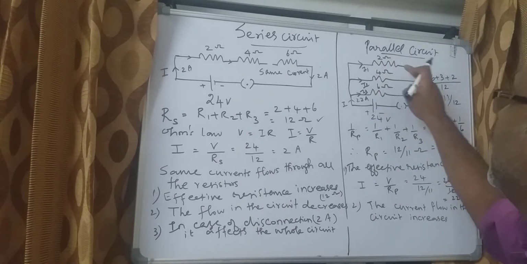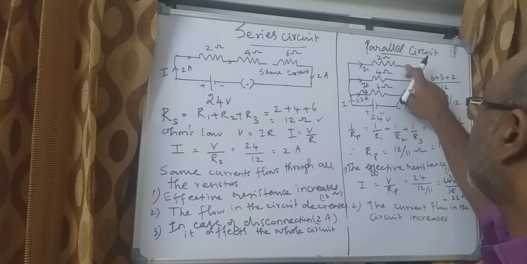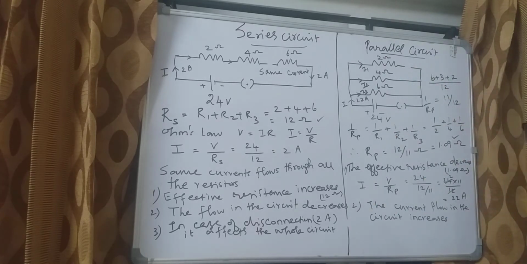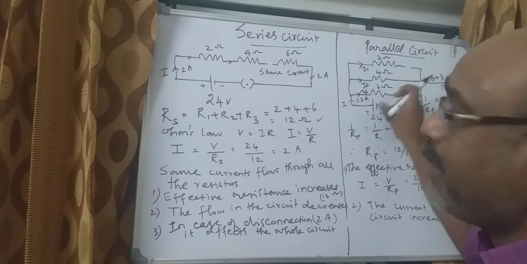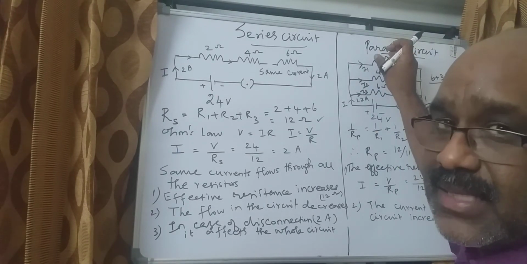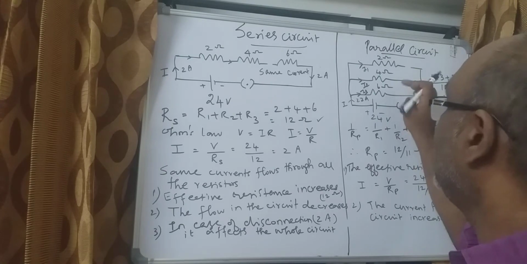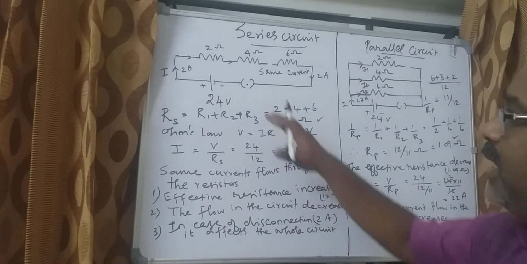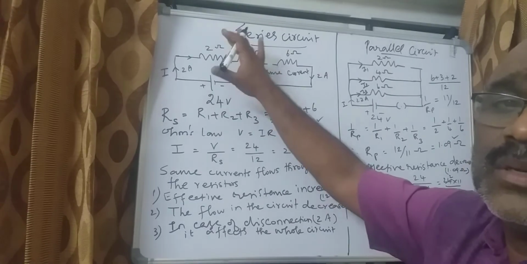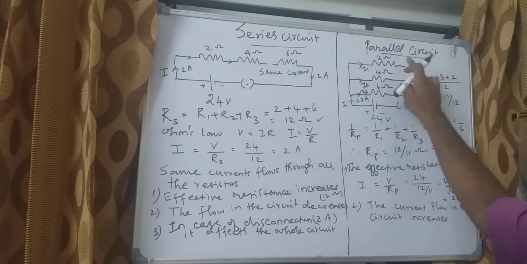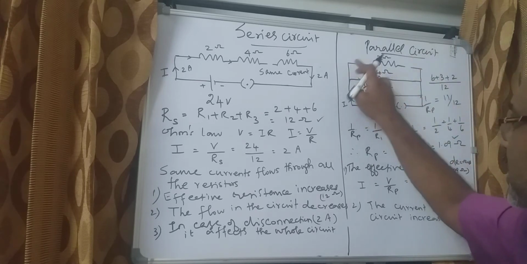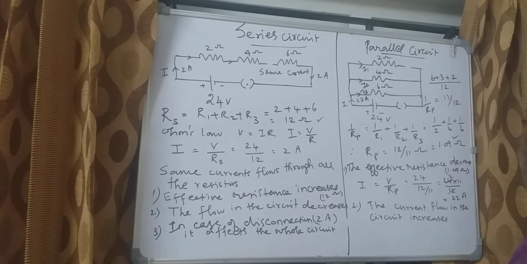But here, if any disconnection happens over here, for example, there is a disconnection here, nothing will happen to the circuit, only this resistance will not work, whereas these two will work. Here, the disconnection affects the whole circuit, here not like that. The disconnection, whatever is happening, is affecting only the branch which is connected parallel to the other resistances. So, this is also one major point we have to look at in the series and parallel circuiting.